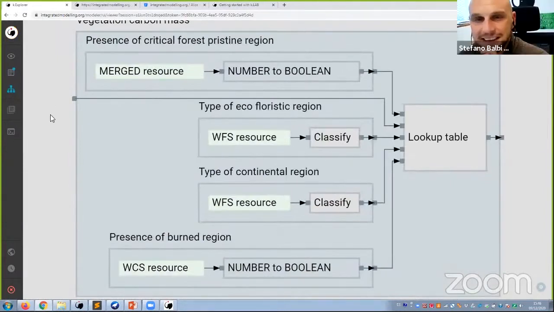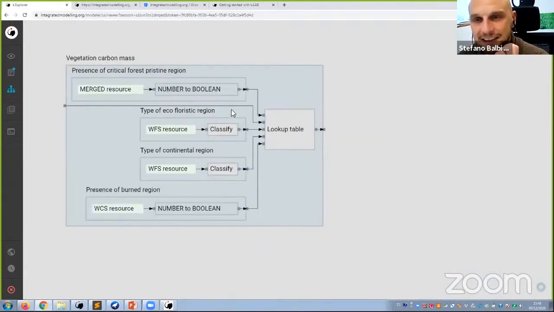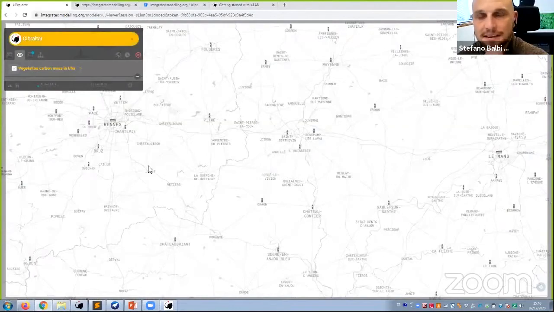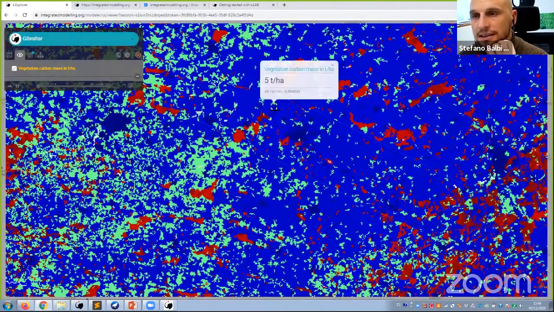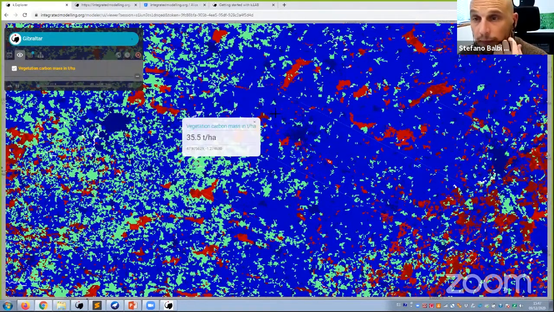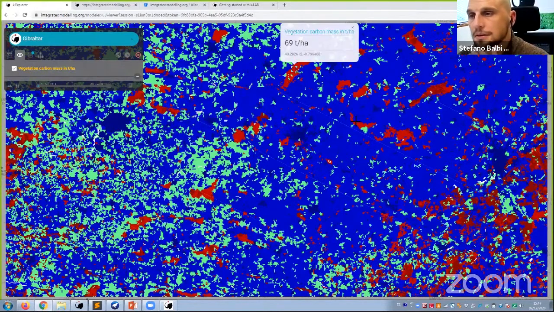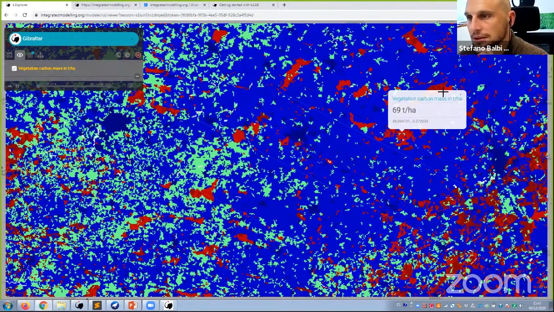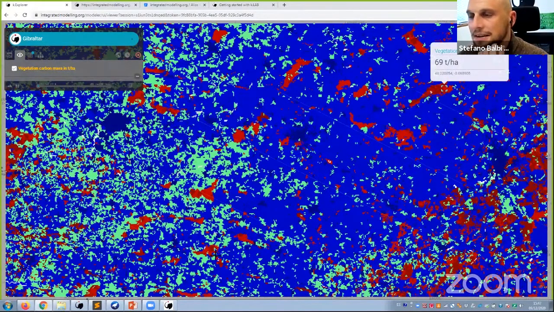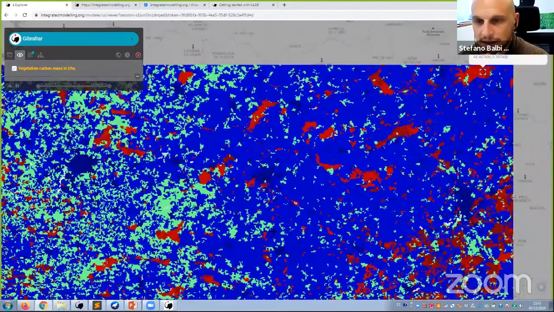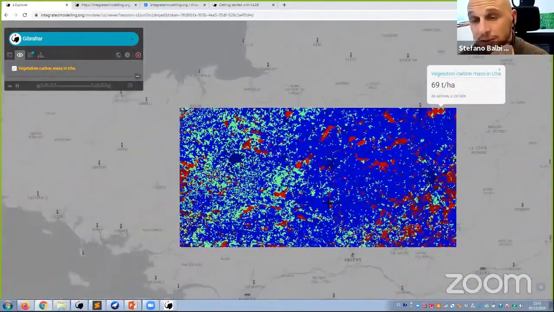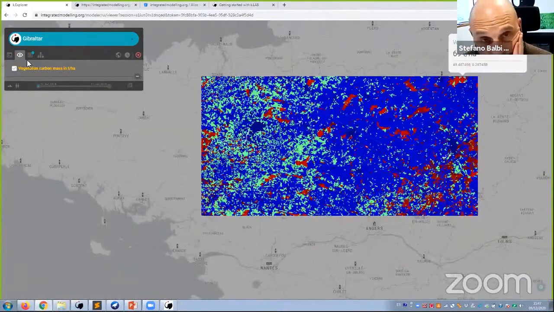So this is the data flow for the carbon model, and the carbon model is giving you the vegetation carbon mass in every point. So I can click, and this is given in tons per hectare per year. So, good question. How do we implement all these models? Well, I will show you later in the modeler how we implement the models, but the models themselves,